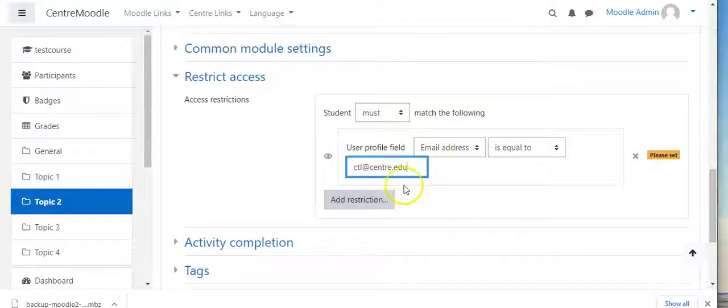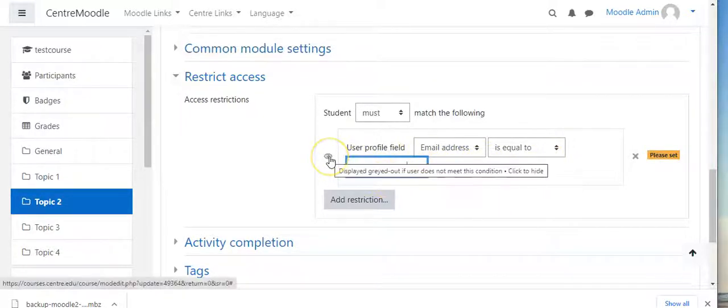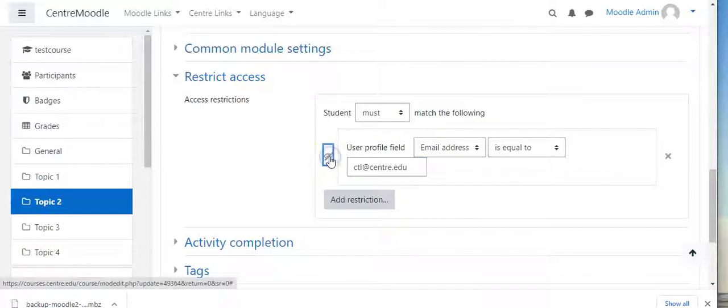Now, if you leave it just like this, then the other students will be able to see this restriction. If you click the eyeball here, then this test will not appear to anyone except for the student who has